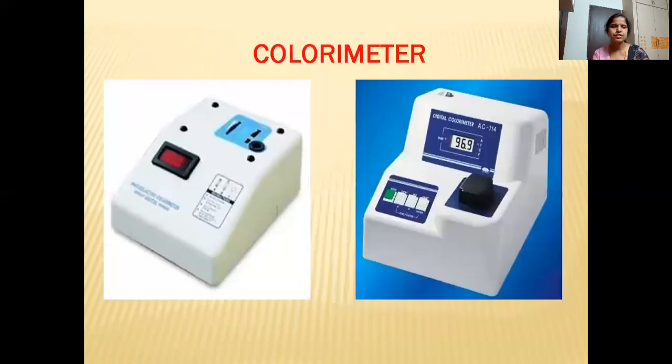So these are colorimeters. Here you can see this is the sample holder where we have to place the cell, that is the cuvette. And here we can fix the wavelengths. It is a sliding one. If you just slide it or roll it, it will show different wavelengths and absorbance. Everything will be displayed here, on the digital display. Or else this one, this is the sample holder and digital display of the absorbance. So these are the colorimeters that we use in our lab.